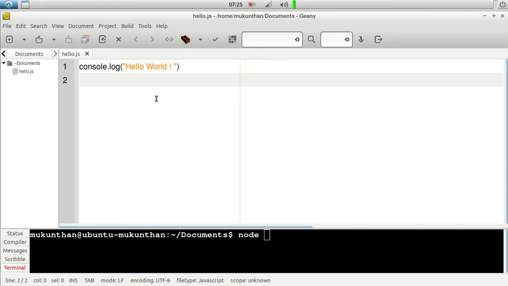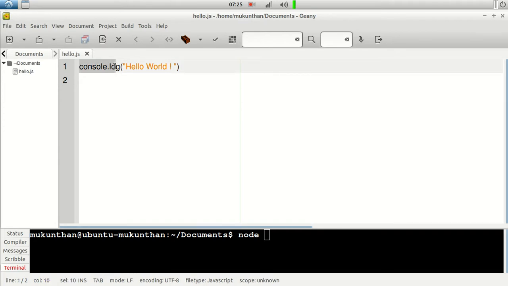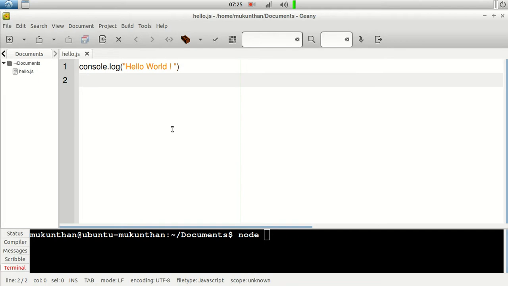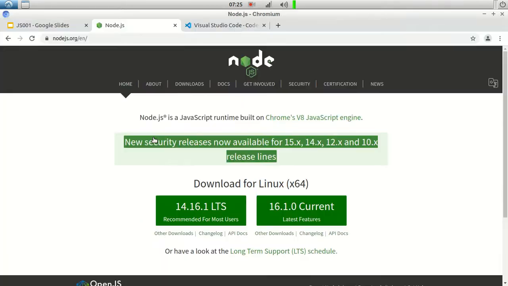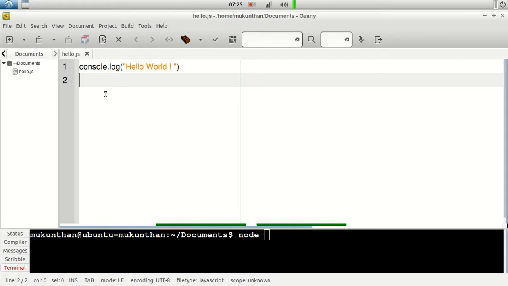So let's say we will write our first program. Just open a notepad, and as we discussed, we will have hello.js as the file name. After that we will write console.log and the open parenthesis, double quotes. Inside that we will write the string which we want to display in the console. As soon as you complete this, that's all. We have already confirmed Node.js. So now our job is just to display hello world, right?